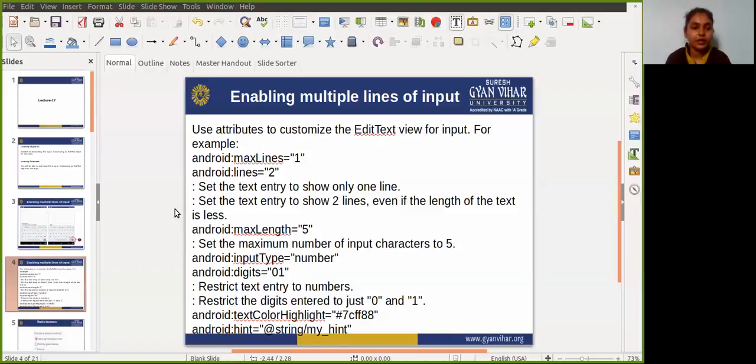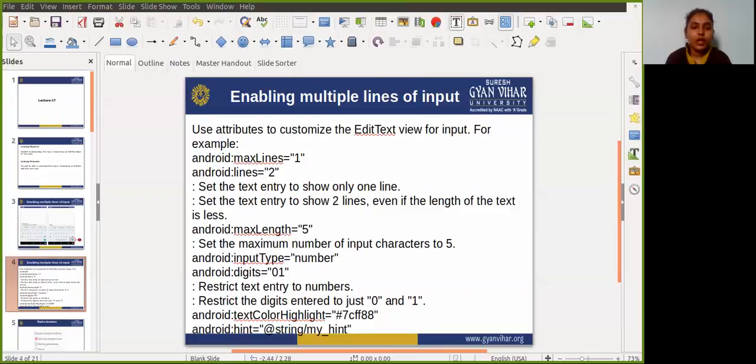textCapSentences sets the keyboard to capital letters at the beginning of a sentence, and textAutoCorrect enables spelling suggestions as the user types. textPassword turns each character of the user's input into a dot to conceal the entered password. textEmailAddress, for email entry, shows an email keyboard with an @ symbol conveniently located next to the space key. phone, for phone number entry, shows a numeric phone keypad.